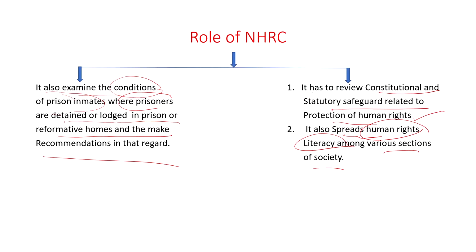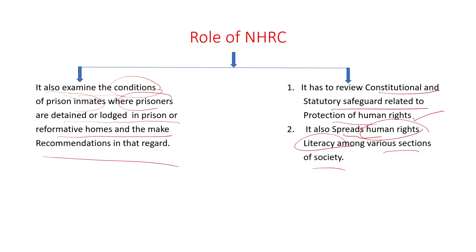wherever cases regarding violation of human rights are reported or brought to the notice of this commission, NHRC or SHRC. The entire team or members of NHRC or SHRC will go to the place of occurrence. They will collect all the relevant information from the victim of crime, against whom an atrocity or wrong is committed. Members of NHRC or SHRC have to visit the place of occurrence, they have to record the statement of the victim of crime, they have to take action against